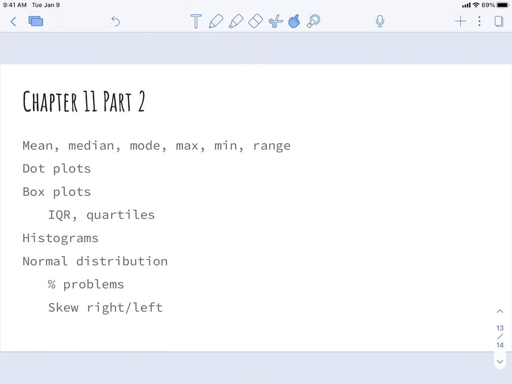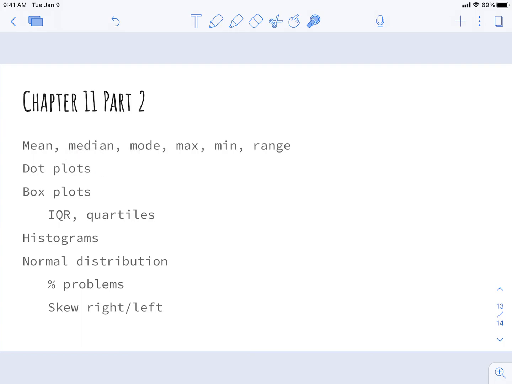All right, Chapter 11, Part 2. Now, this one I'm just going to sort of buzz through because, like I say, we just did this stuff. So you could be expected to, given a set of data, use GeoGebra or whatever you happen to prefer using to come up with mean, median, mode, max, min, and the range. And remember, mode is not given to you and range is not given to you, so you need to know how to do those. You could also be given a dot plot problem,